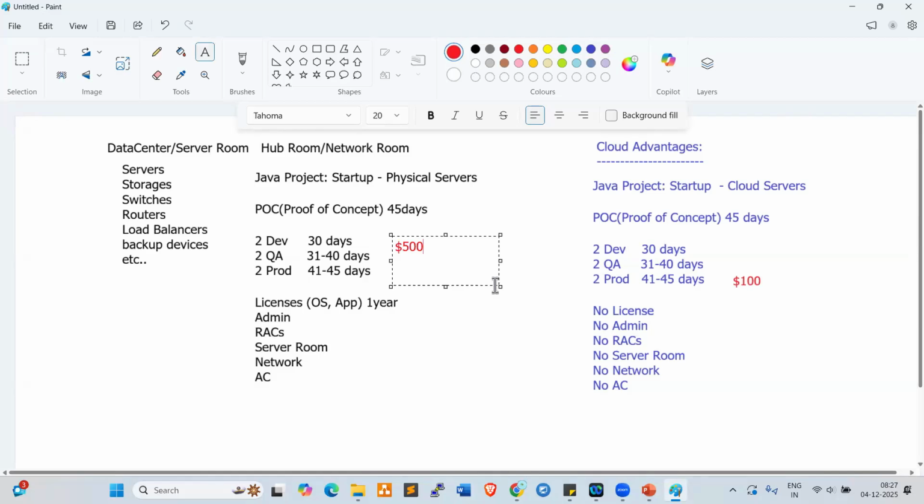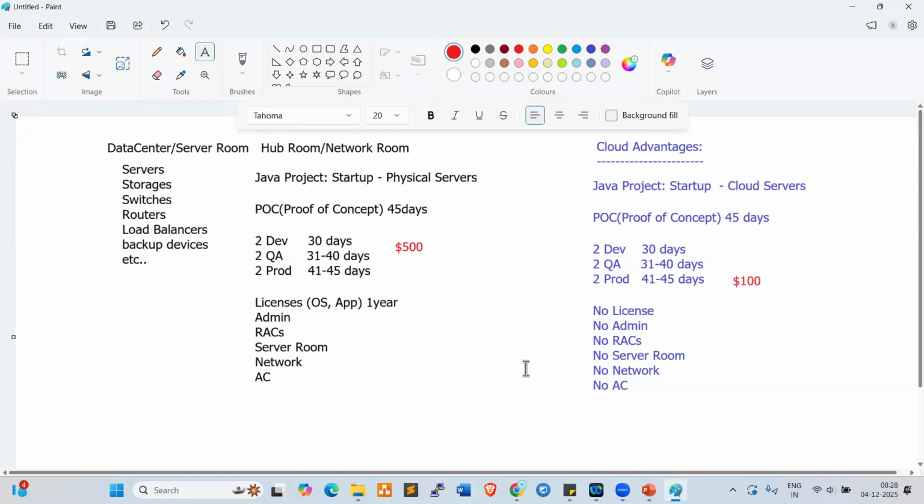Any questions? Anyone having any questions, you can ask me. You understand, right? What is cloud? What are the advantages of cloud?